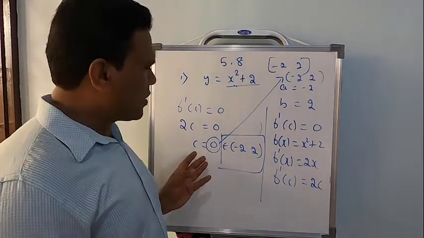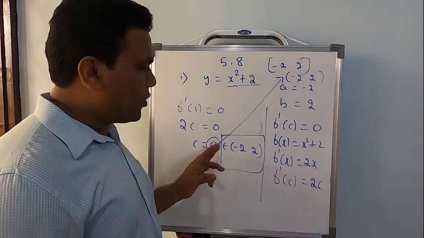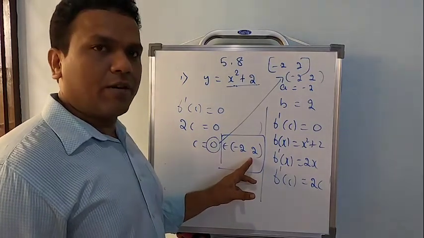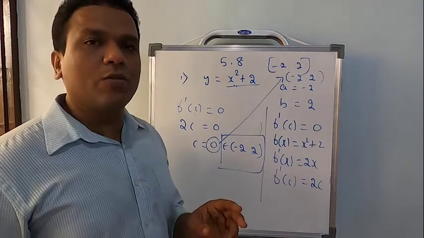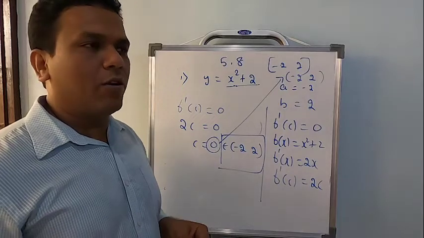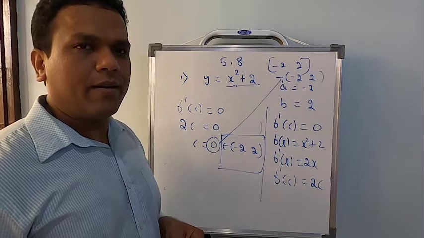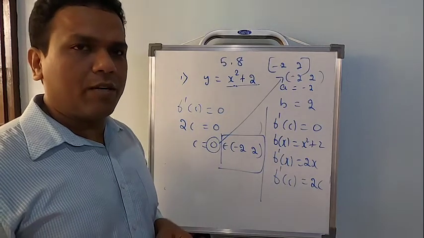After finding c, sometimes whatever c I am going to get, it may not belong to the interval. So make sure whatever c I get, I check it in the given interval. So those are the 3 conditions for Rolle's theorem. The first condition is always the same for every problem. Depending on the problem I will tell you: okay, it's a polynomial, hence it's going to be continuous. After that, yes, it's going to be differentiable.